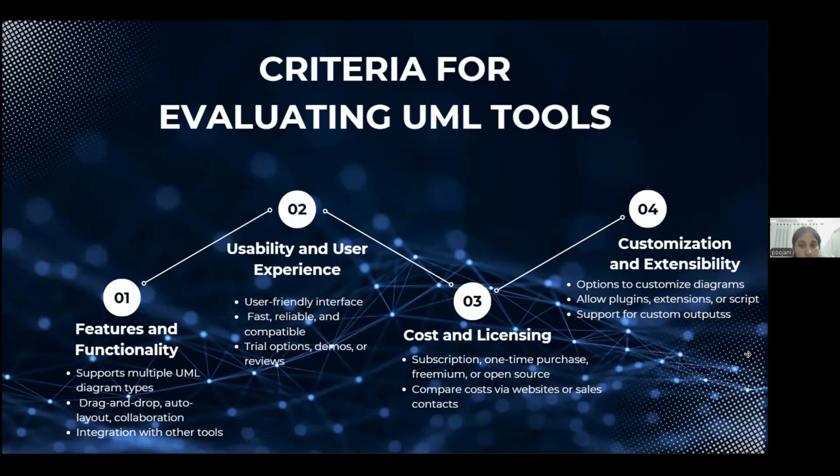Tools should also provide customization and extensibility, enabling users to modify diagrams, add plugins, and create outputs like code or documentation. Finally, strong support and community are invaluable, with reliable customer service, regular updates, and active user communities, ensuring long-term usability and learning resources. So moving on to the